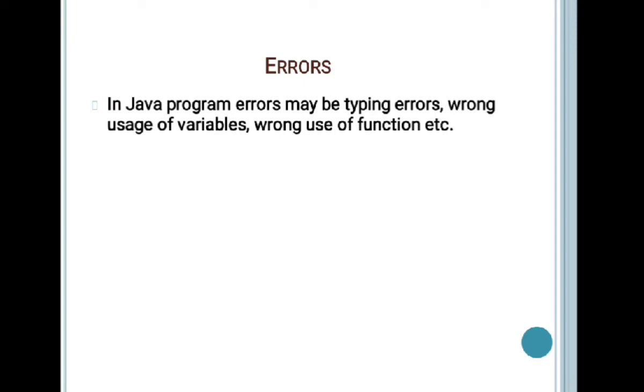Like, if you do not write the under root properly, how are you going to write under root in Java? For this you have the method math.sqrt, but in place of sqrt if you write it with a capital S, you might encounter an error. So these are the basic things you must be aware of.